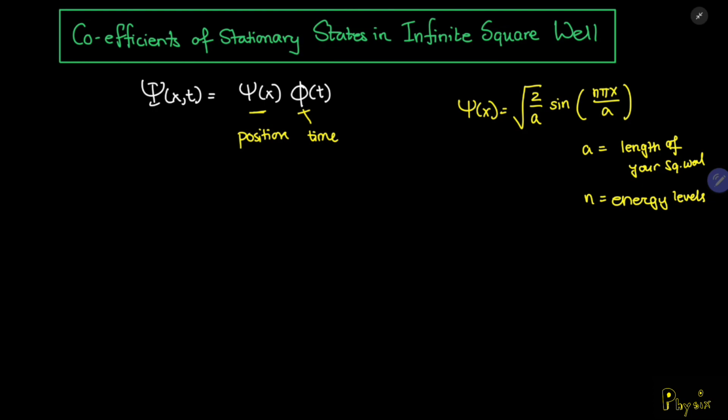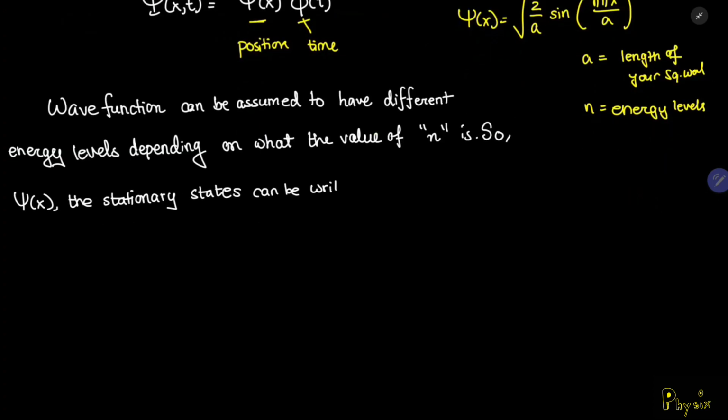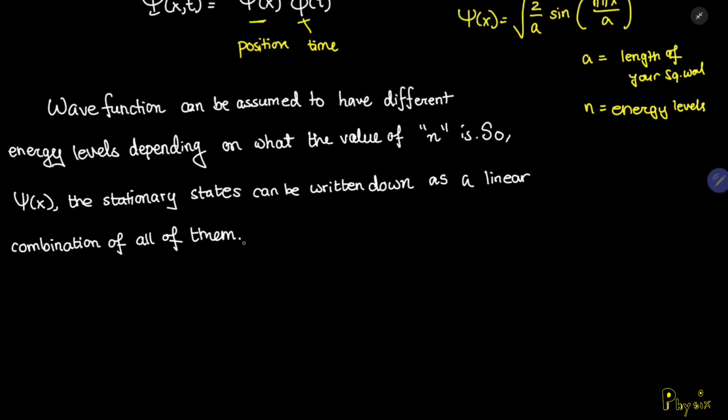What I'm trying to say is that the wave function that has the position dependence can be assumed to have different energy levels depending on what the value of n is. So psi of x, which is the stationary states, can be written as a linear combination of all of them. And therefore we write